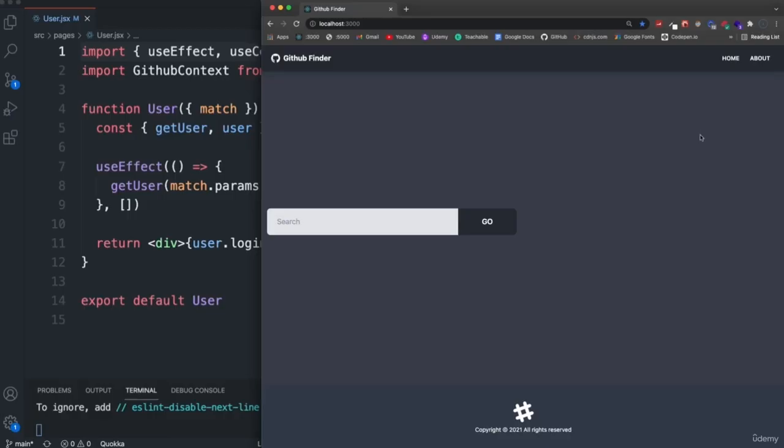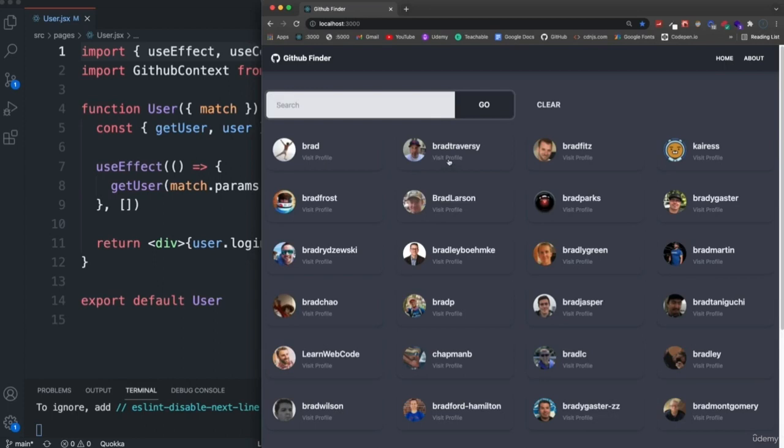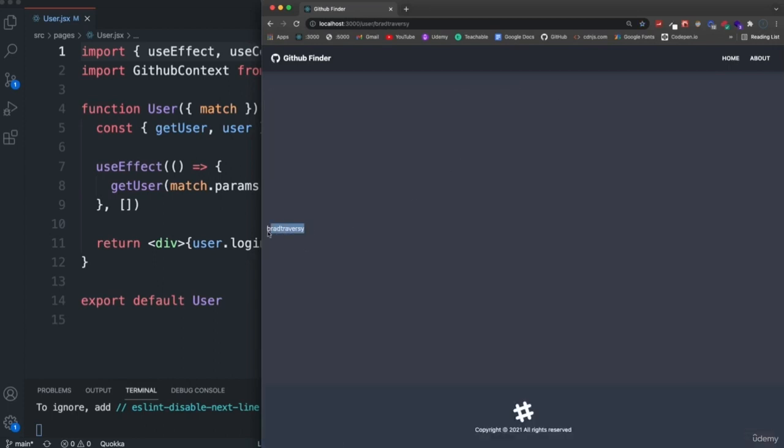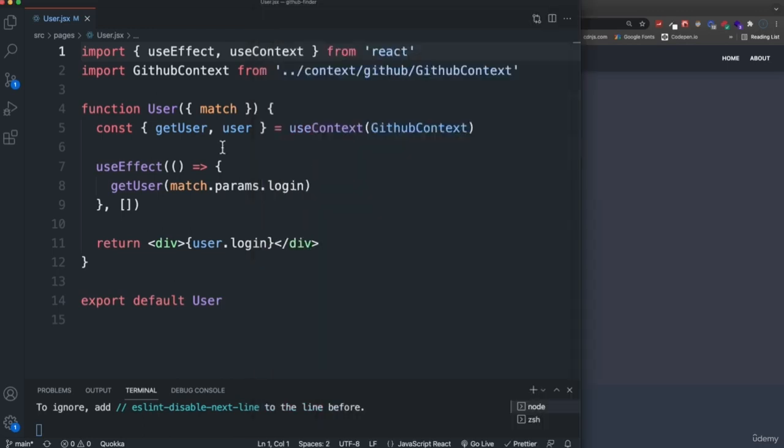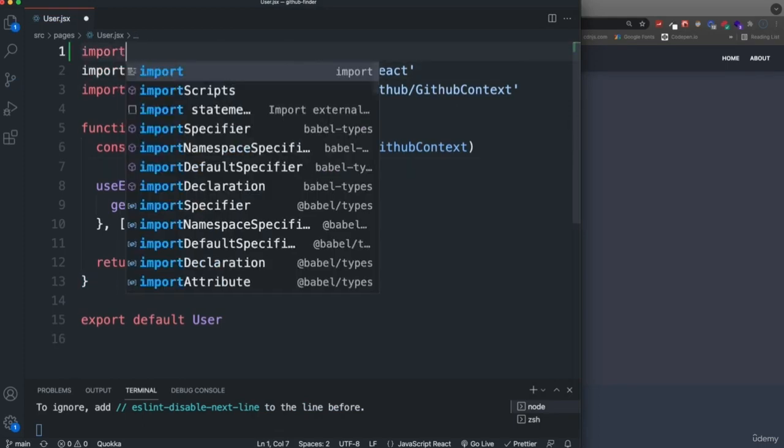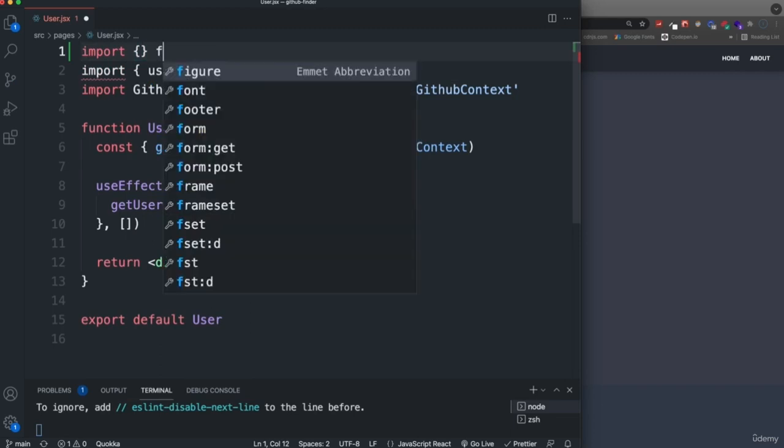So now we're going to start to work on the user page, the data output. So if I search for Brad and I go to my profile here, right now we're just seeing the login, but we're going to have a whole bunch of stuff here, the image, the location, bio, all that stuff. We're even going to make another request to get the user's repositories. So let's go into our user.jsx, that's in our pages folder, and I'm going to import up here, we're going to bring in some icons from